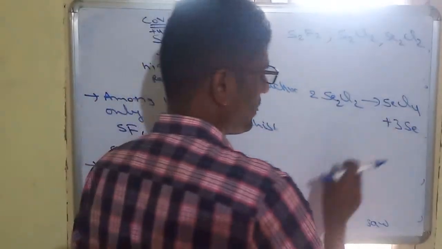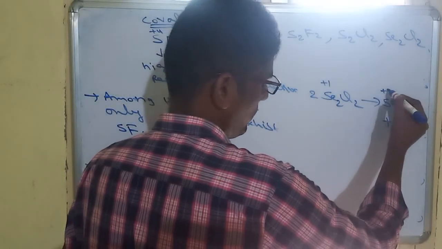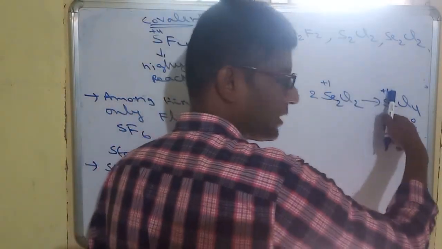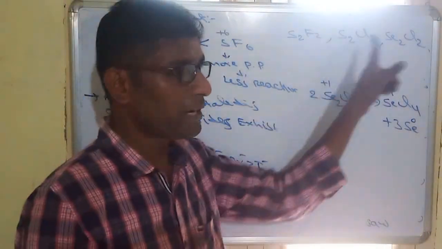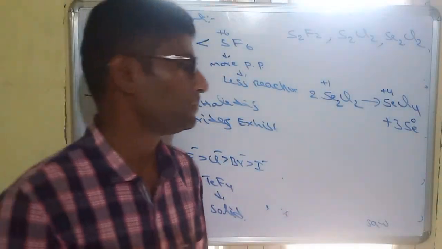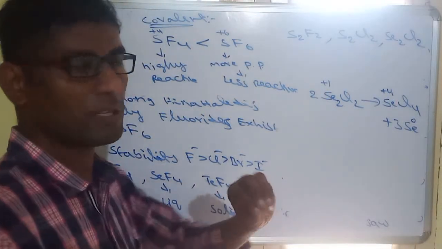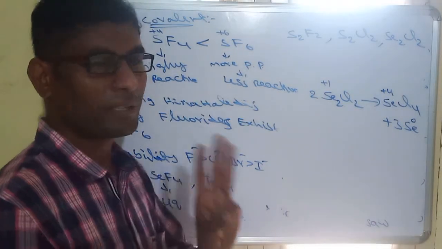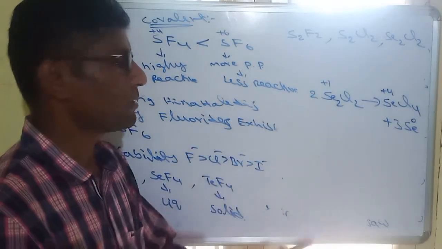Why is it called disproportionation? Here the charge of Se will be +1. Here the charge will be +4. Here the charge will be 0. So one charge is decreasing, another is increasing. Increasing means oxidation, decreasing means reduction. So the same molecule participates in both oxidation and reduction. That's why it is called a disproportionation reaction. So this is about halides. All the geometry shapes and hybridization are most important in p-block elements. They will give structures. So we completed 3 reactions: reaction with hydrogen, reaction with oxygen, and reaction with halogen.